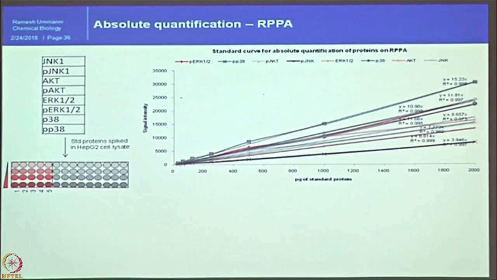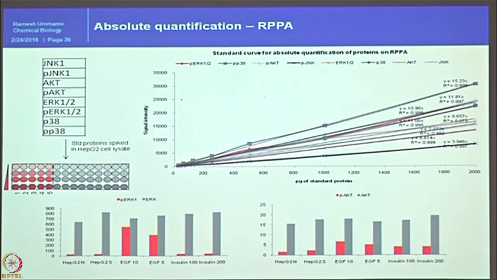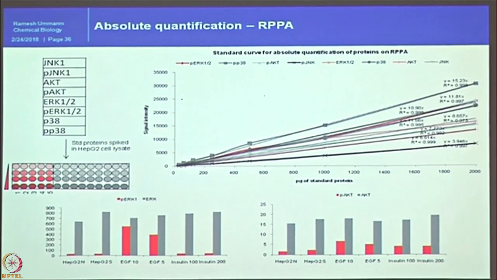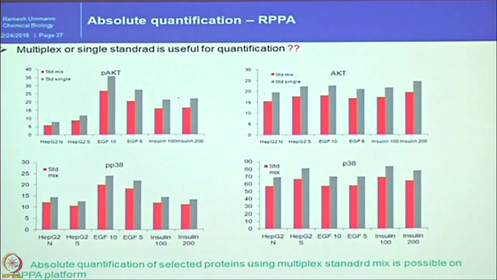detection, the linearity range is above 0.9, and then we looked at the signals detected here in different cell lines and different stimulated samples. We can nicely detect total values like this, and upregulated, downregulated copies are mentioned here. In a similar way for phospho-AKT and AKT here. I am sorry, the scales are different. Here it is times 10, here the total number is shown. So in this way, we can perform.